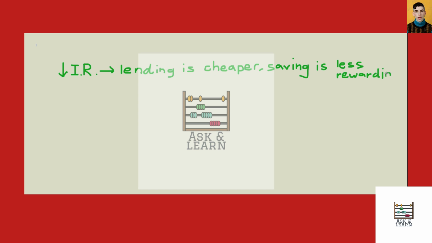So that's what happens. So the fact that lending would be cheaper and saving is less rewarding would be that the intertemporal